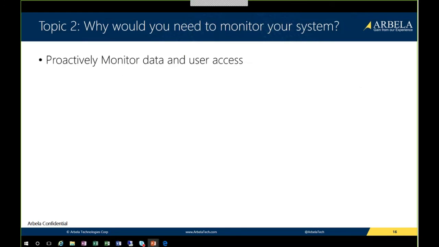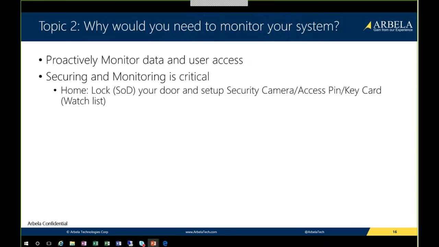So basically the answer is, you can proactively look after what users have access to, or more particularly, secure and monitor. An example is you have a house. The segregation of duties is a lock. That's your first step. And once you've applied the security rules to minimize the segregation of duties, you still have your segregation of duties running regularly to detect any new conflicts.